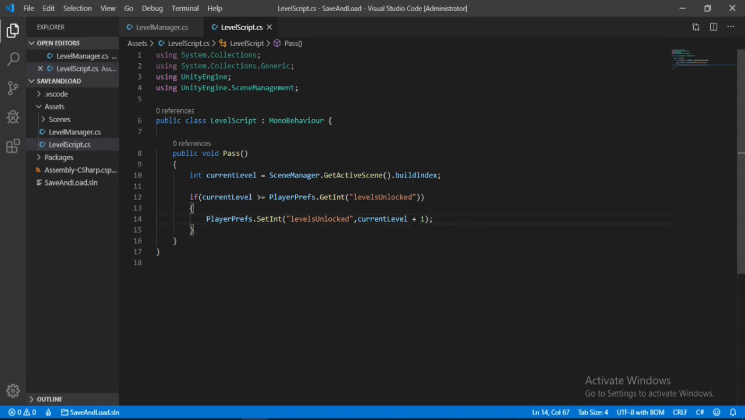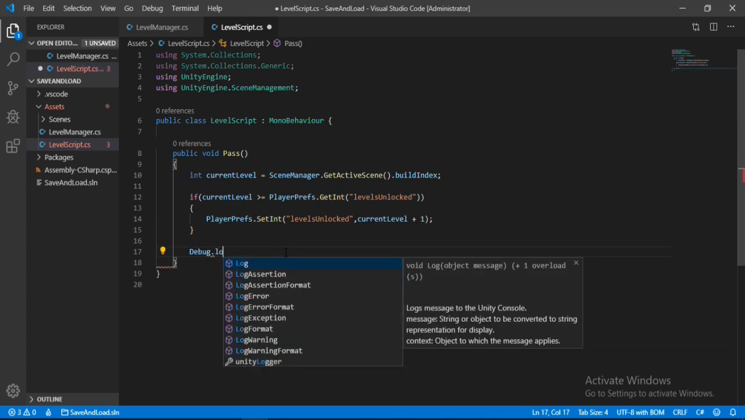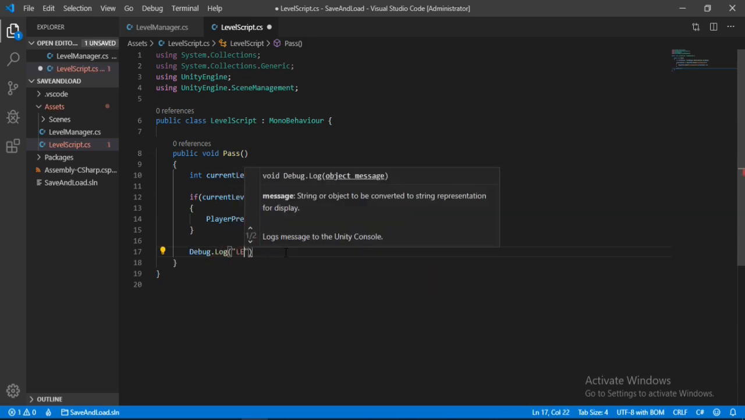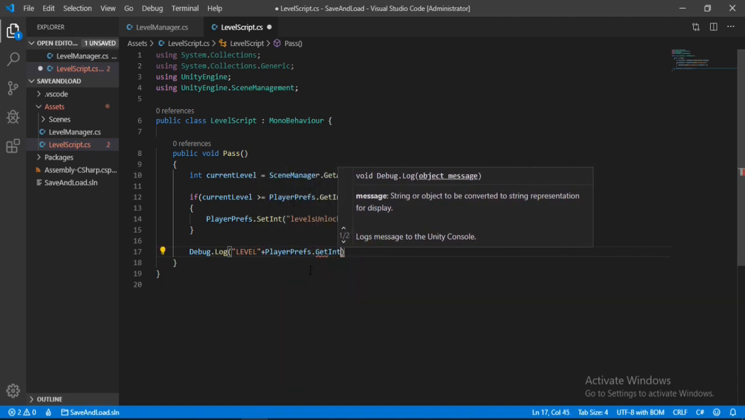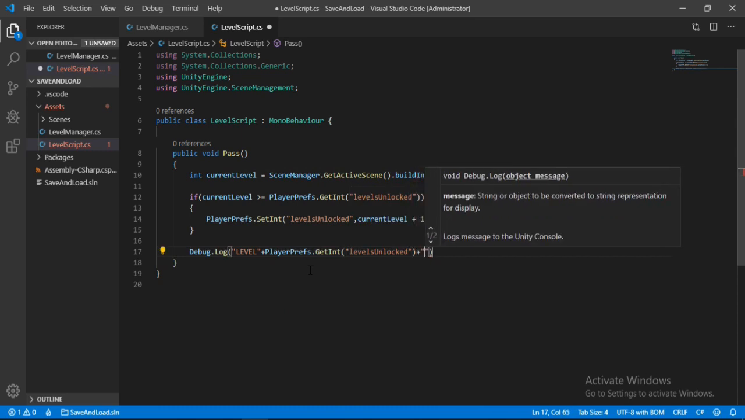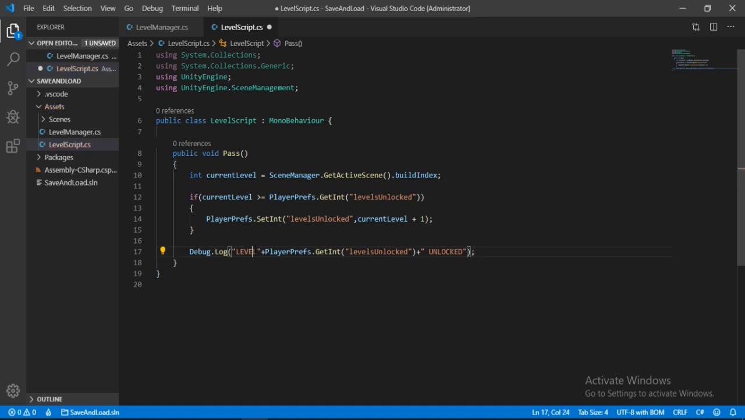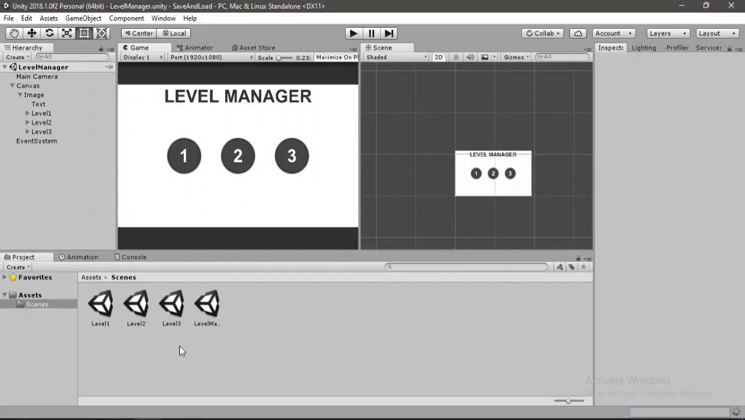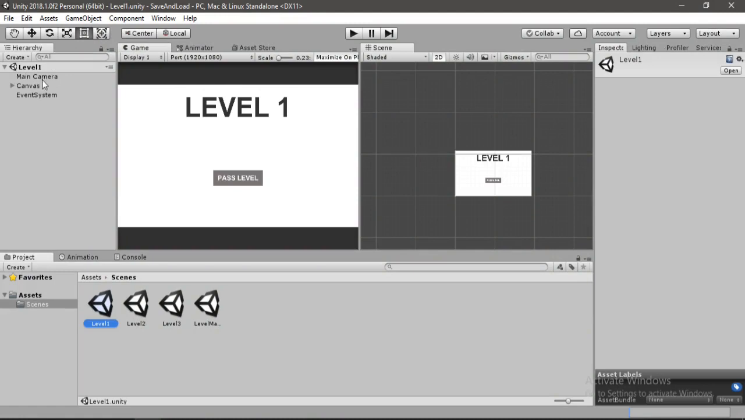So now let's print a Debug.Log statement that will show us the level that has currently been unlocked. So "level" plus the level that we have unlocked plus "unlocked" here. So it will just tell us what level we just recently unlocked. Awesome. So now let's save this, go back to Unity, let's open up scene level 1, select the pass button here